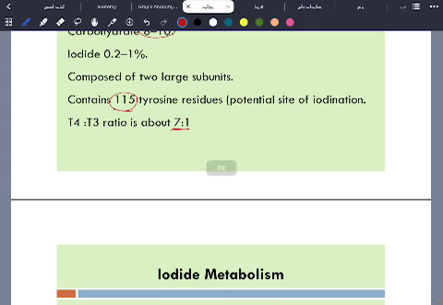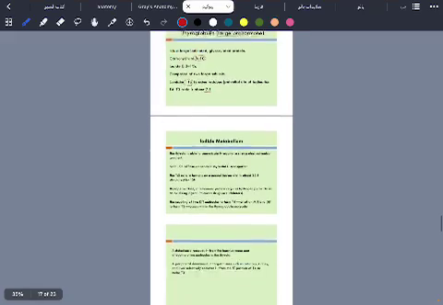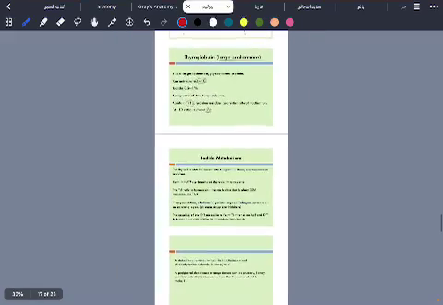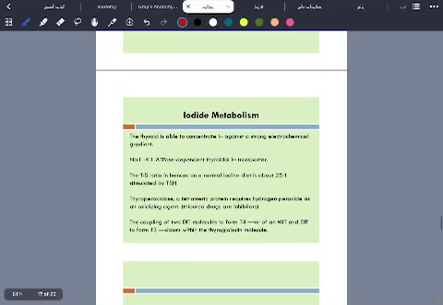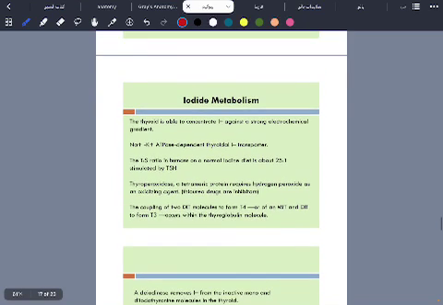Now, all of these are related to iodine or iodide metabolism. So the thyroid is able to concentrate the iodine against a strong electrochemical gradient due to the active transportation that we saw before. So there is a capability to store the iodine in the thyroid gland because it depends on the ATPase pumping system, and the T to S ratio in the human